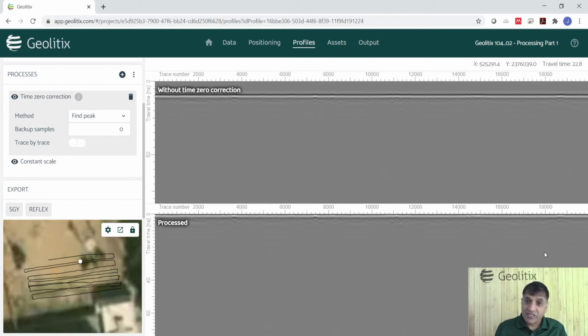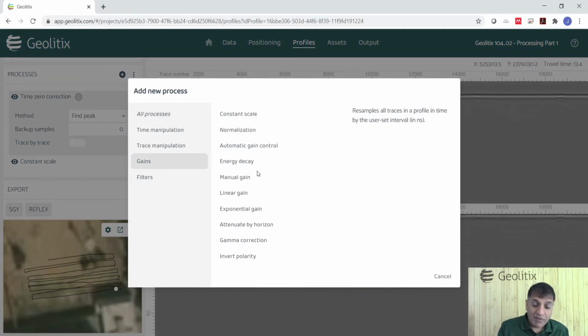So yeah, you see things, but you can no longer determine the relative strength of a reflection. So let's actually do that right now and see what happens. We go to gains, and because gains are so important, look at the number of gains we can apply. There's all sorts of things we can do to it. And if we go to an AGC gain,